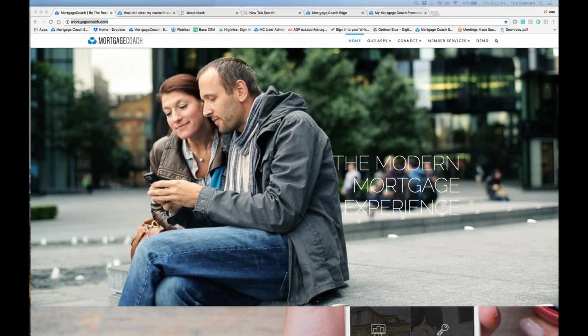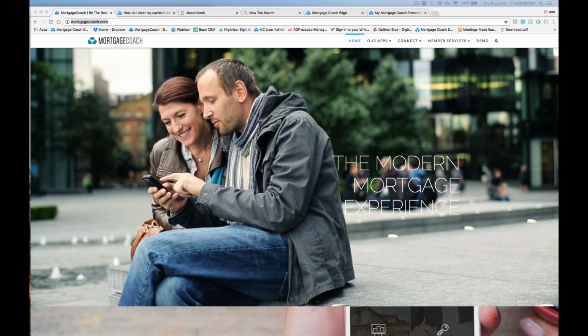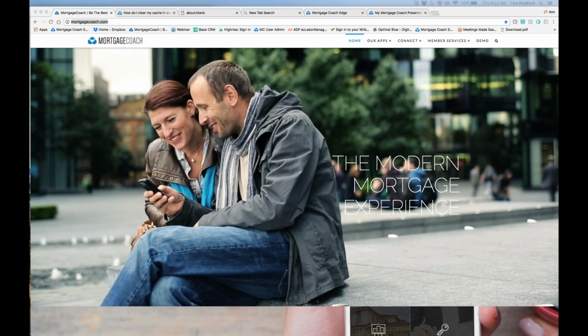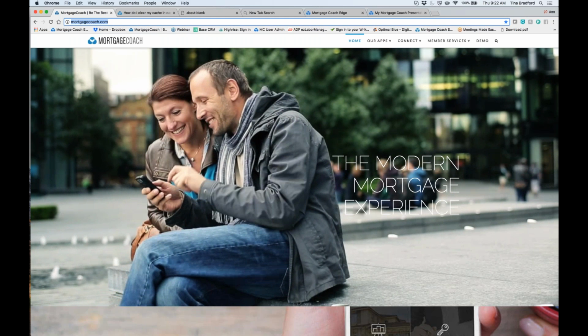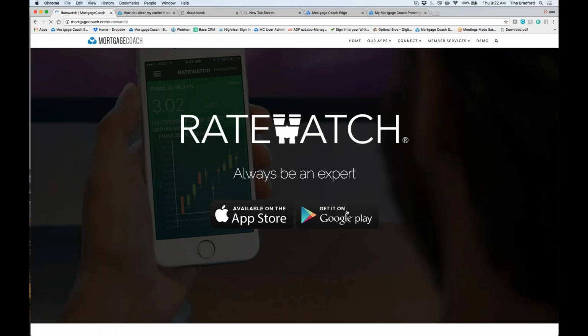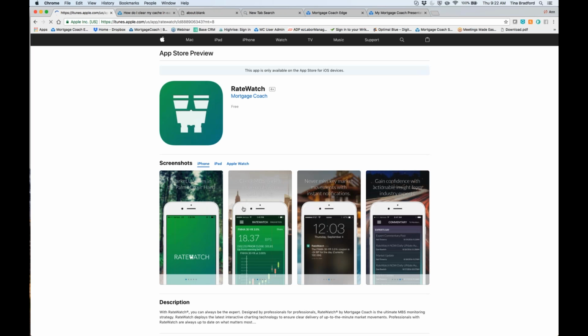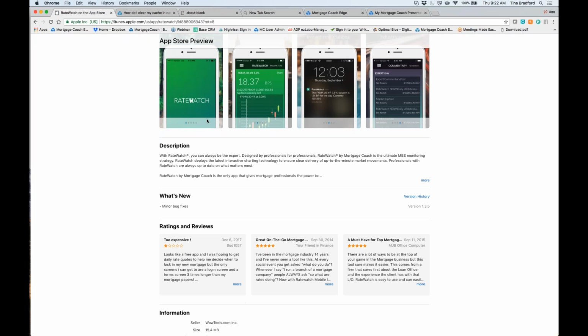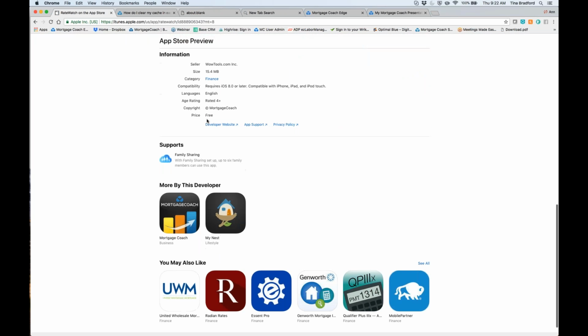So I'm going to post that in there for everyone. When you come to our app area, you'll click on RateWatch, and then you'll have whichever store you want. So I'm on an Apple. I would click on the Apple store. So that is how you would install it.